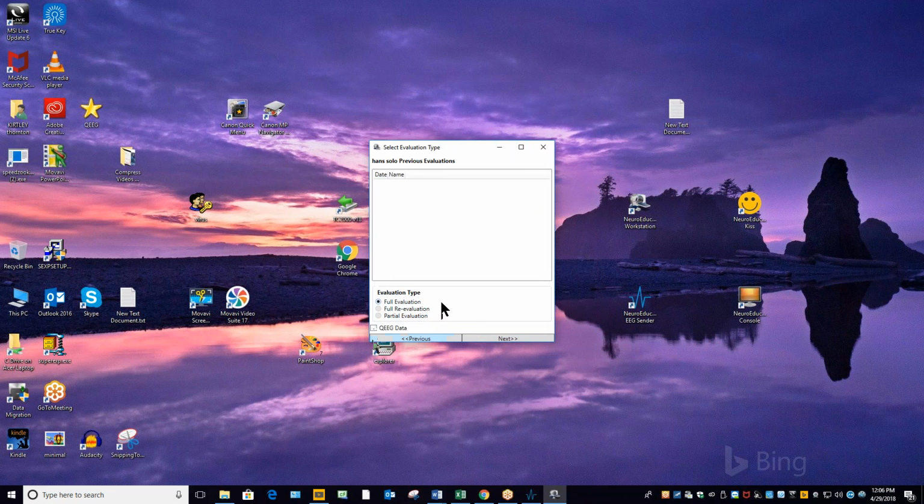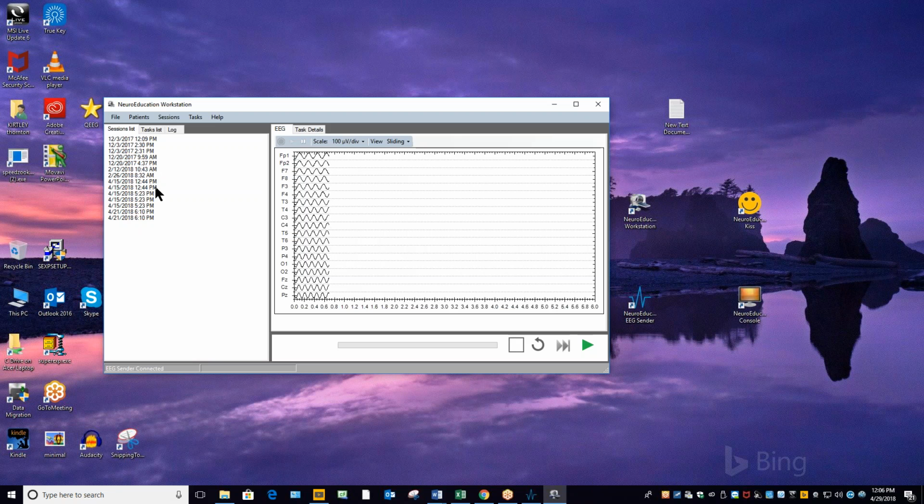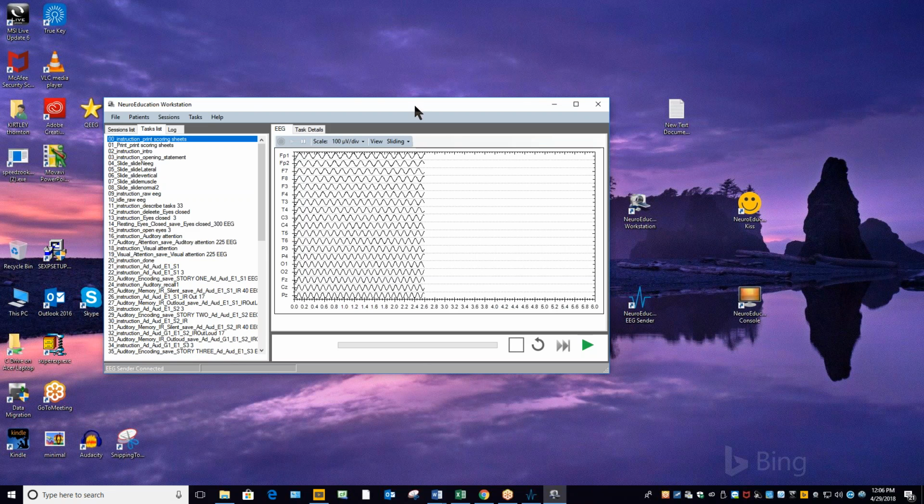And here you have options of doing full reevaluations, partial reevaluations. So if you wanted to do visual attention, you could do an infinite number of visual attention tasks. The reevaluations for auditory memory, reading memory, and problem solving are limited to 9, which is much more than you probably ever need anyway. And you can also do a full reevaluation. So now we have the screen,